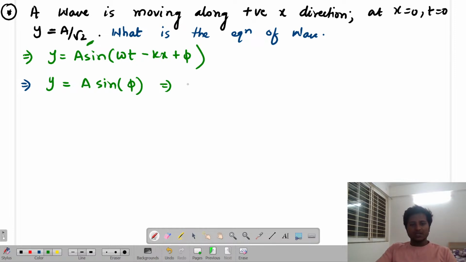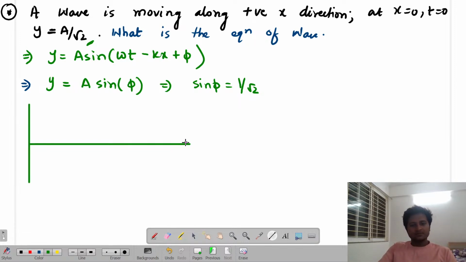Replace that, then you will get sine phi is nothing but 1 by root 2. Sine phi is 1 by root 2. But then the next step is to draw the sine graph. Remember that. What is the next step? Draw the sine graph. And then